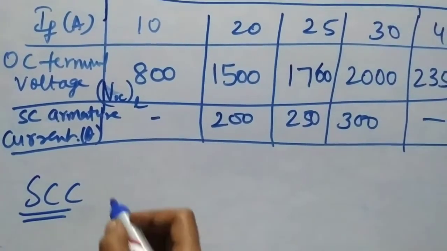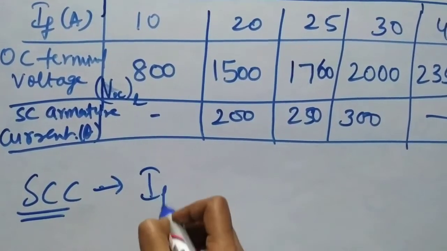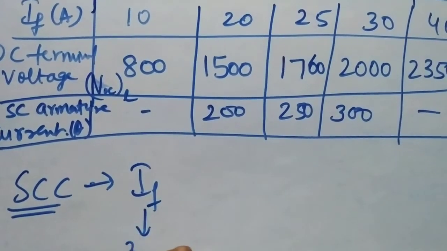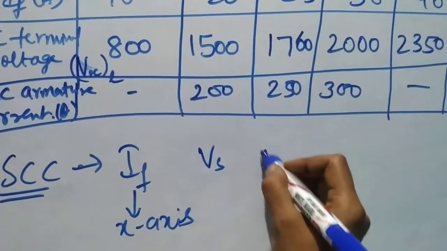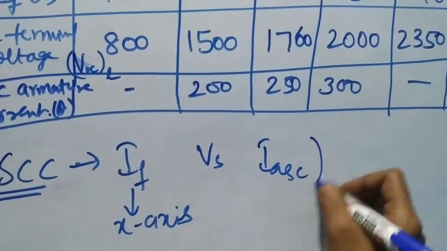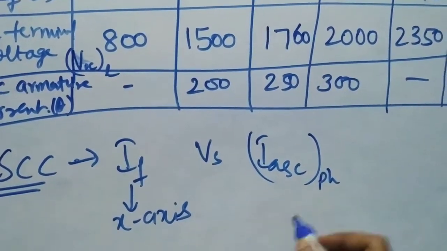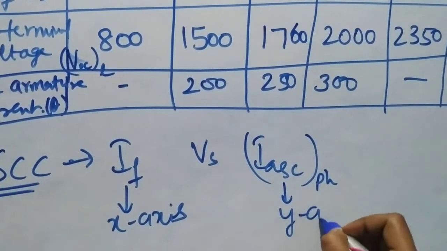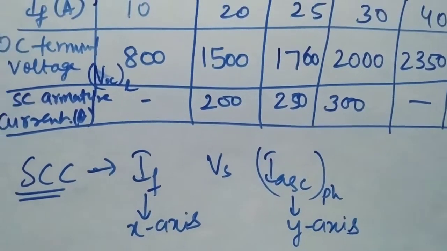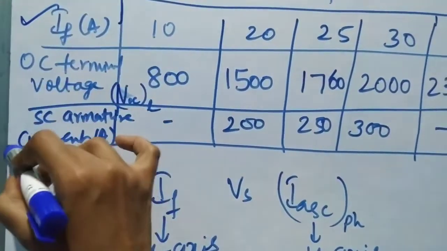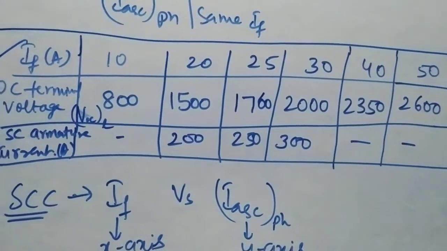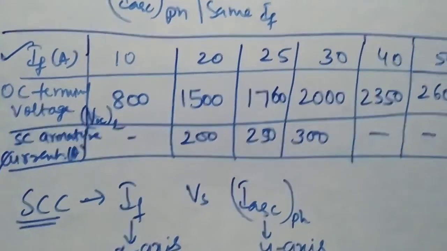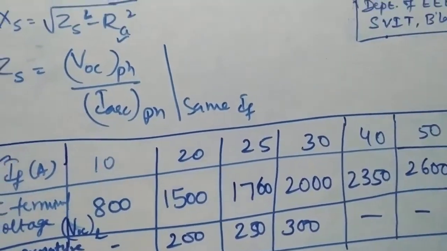Okay, short circuit characteristic is nothing but the IF which will be in the x-axis versus IAC phase. So therefore this will be in the y-axis. In this case, these two values which will be given here will be directly plotted onto the graph. Now you can just see here, we have taken the graph in this,